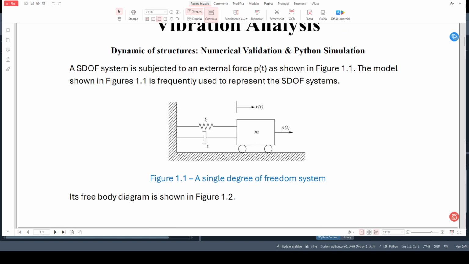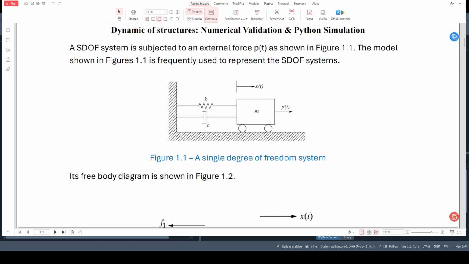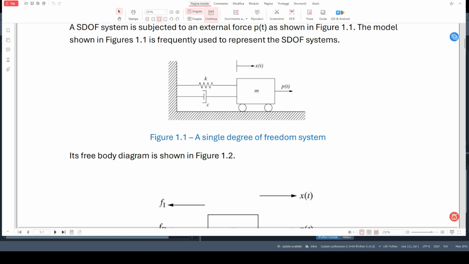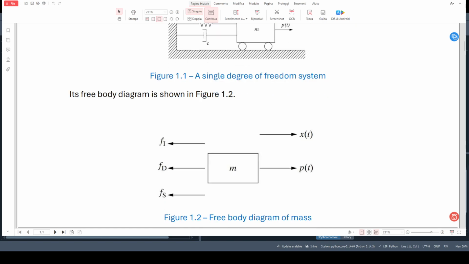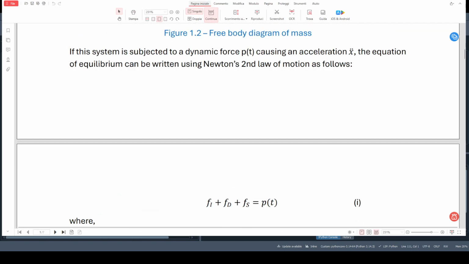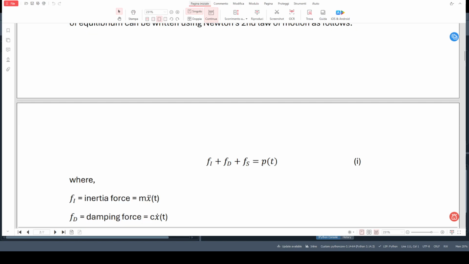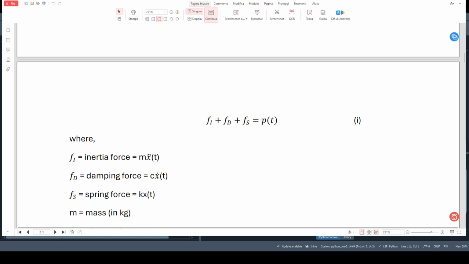There is the mass M, where is applied a force P(t), and there are also the force of spring Fs, the force of damper Fd, and the inertial force Fe. So for the equilibrium of the system, using the second law of motion, we can write Fe plus Fd plus Fs is equal to P(t), where